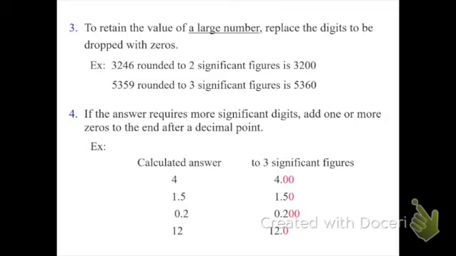Because the next number is less than 4, that means it has to drop, and we would need to replace it by a 0. So you can't just drop it and not put anything there, because in that case what you will end up getting is 32 instead of 3,200. So the best way to look at it, I tell students, the easy way to understand it is like if you were getting paid and your boss owes you 2,000,